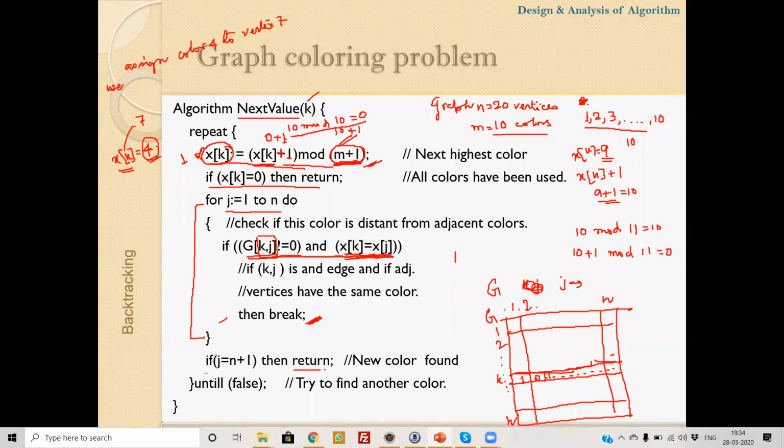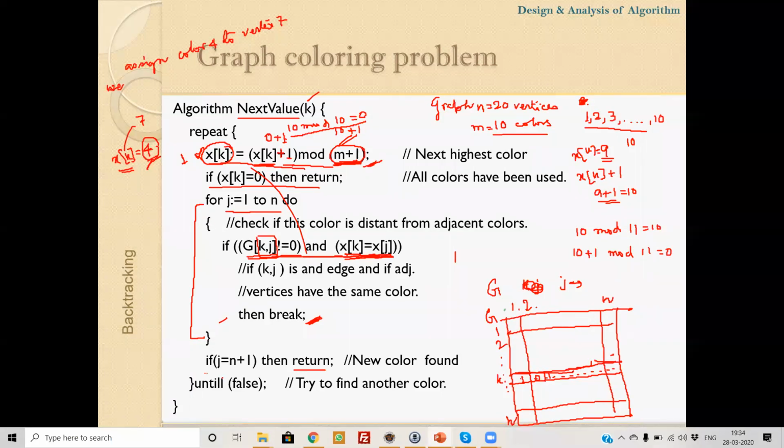That means color code 4 can be assigned to this vertex k. If color code 4 is not used in any of its adjacent vertices, then color code 4 can be assigned to vertex k. So this is the function by which the next color code will be chosen.